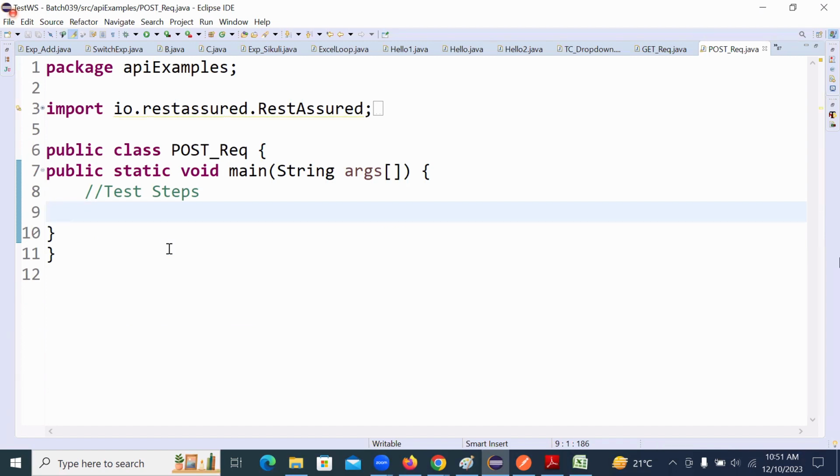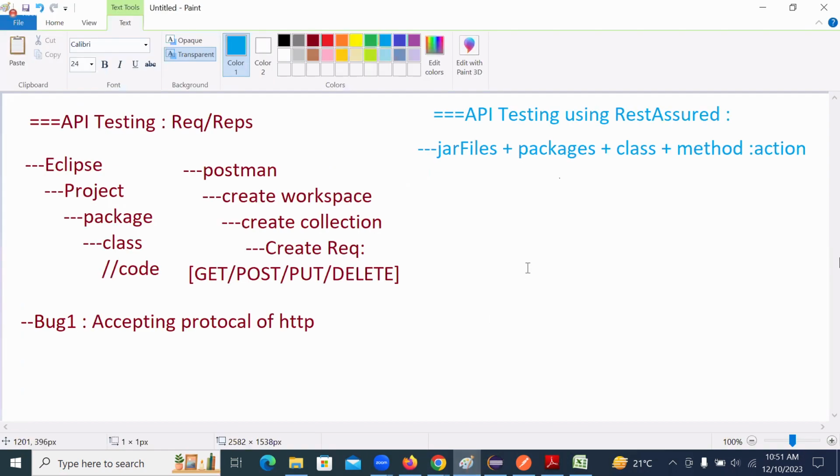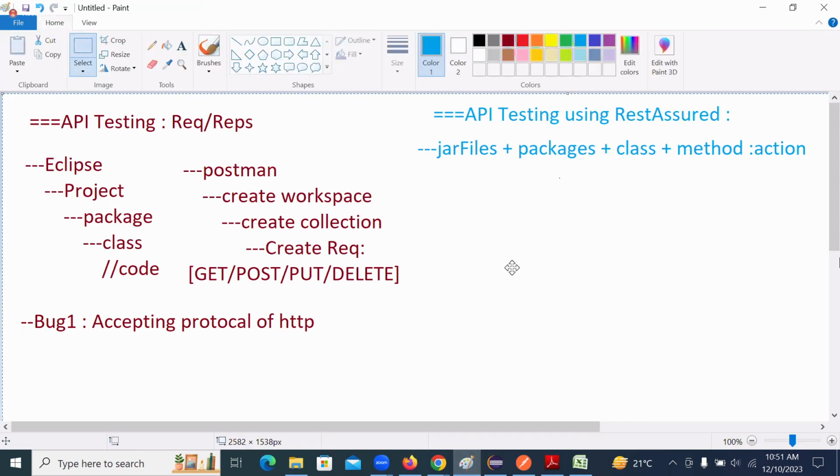Let's say that, further, we need to understand a new concept related to this. Let's see what exactly that new concept is. Now, previously, you were done with the concept of